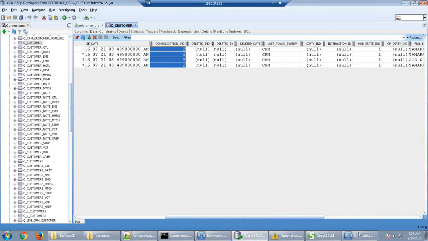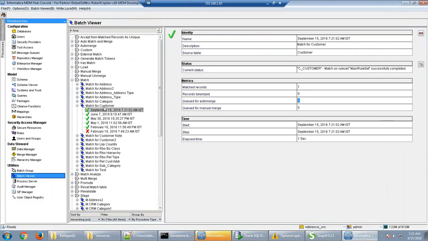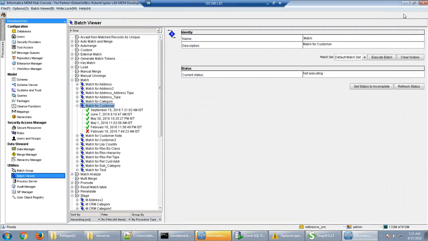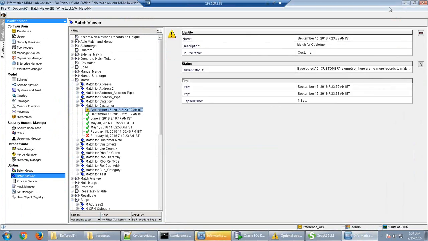Now if I go and try to run the match job again, it will give an error saying there are no records to match. If I go back to the match job and try to execute the job again, this is the message that you will get: Base object C underscore customer is empty, or there are no records to match.